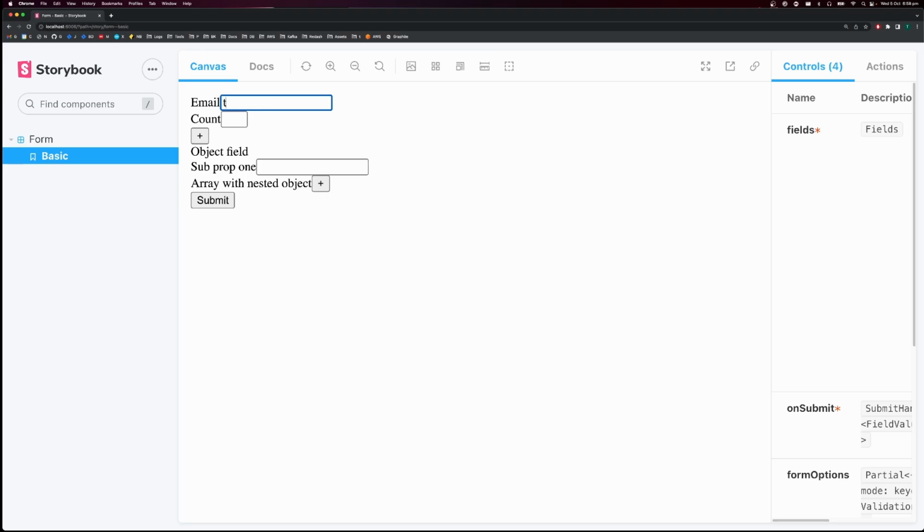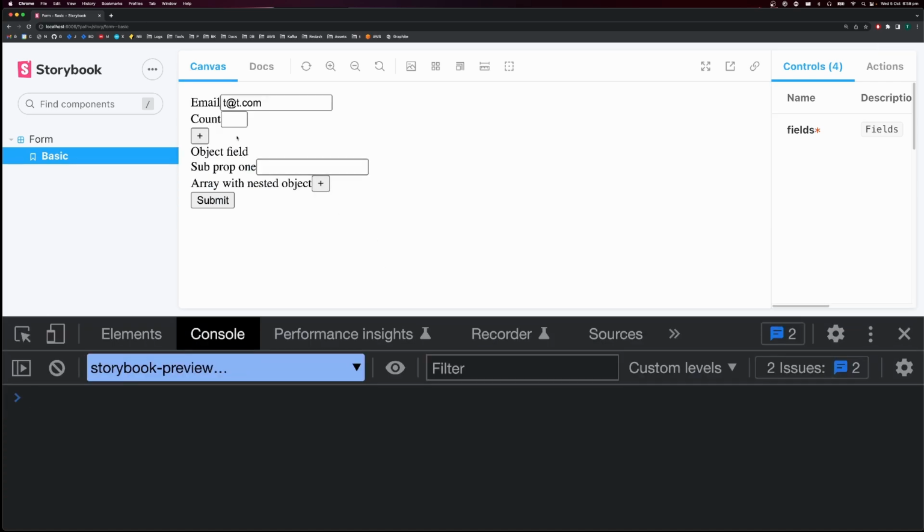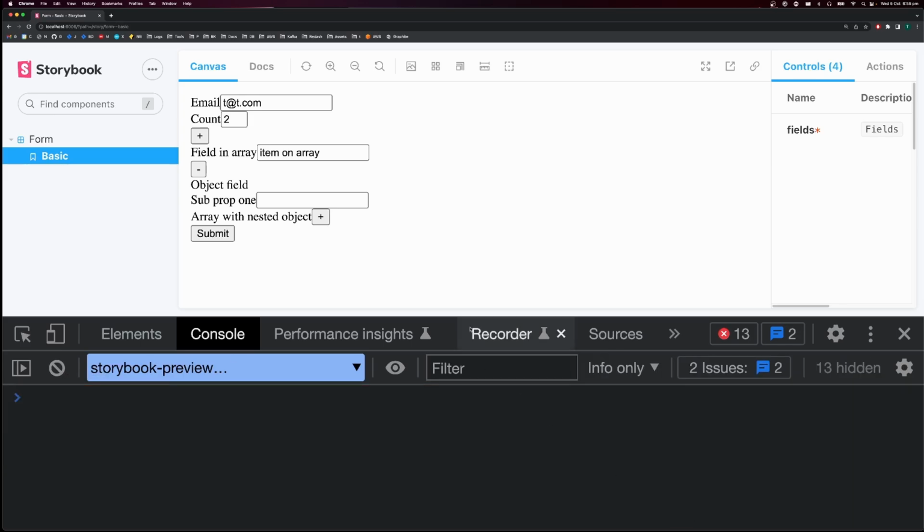So we can fill in this form here. I'm just going to say t@t.com, and let's open the console. I can create a count here. I can add an item to my array. So this is going to be item on array. And Storybook is giving us some errors here, so I'm just going to filter those out. Next, we can add something to our subprop. So subprop value. And you can see how fast this form is, and that's thanks to React Hook Form, which